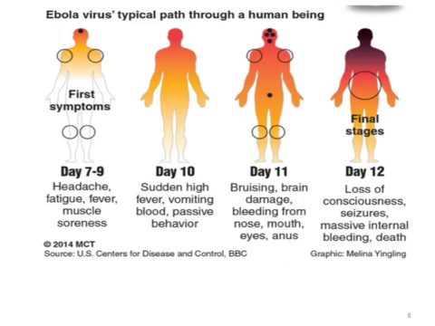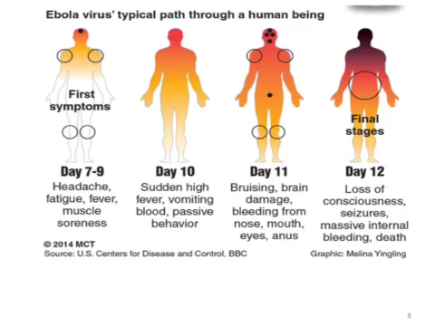Now, I found this graphic that talks a little bit about the typical path through a human being. There are pictures on the internet that show actual infected people, but I wanted to do this to show a little bit of respect for the victims and for the severity of what's going on. The first symptoms occur about 7 to 9 days after infection, and you start out feeling very much like you have the flu. You've got a headache, fatigue, fever, and muscle soreness. But very quickly that progresses to very high fever, vomiting blood, and